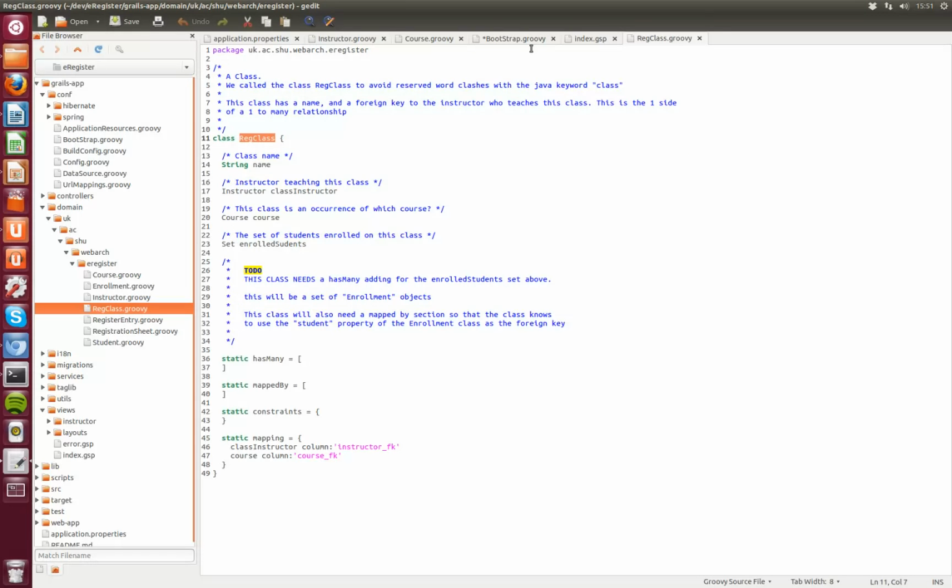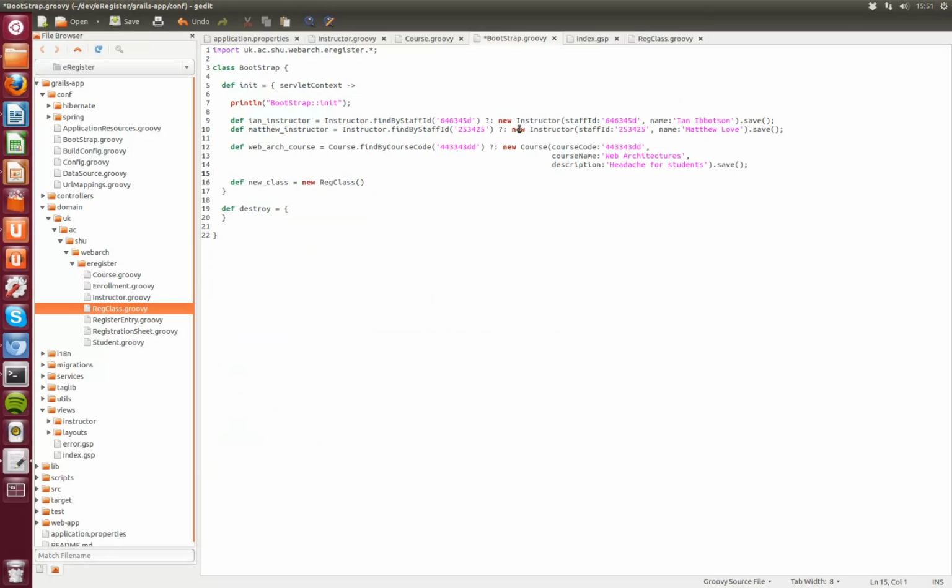So it has a name. So the name I'm going to give it is, sorry, I forgot to do this a little bit earlier on, WebArch Mondays. And the other properties it has are,